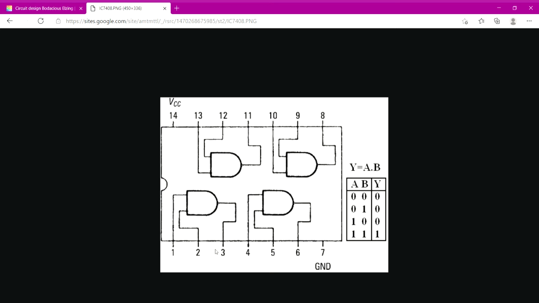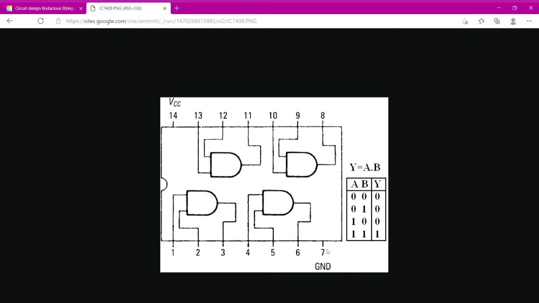Pin 1 and pin 2 are input pins and pin 3 is output pin. Again, pin 4 and pin 5 are input pins and pin 6 is output pin.